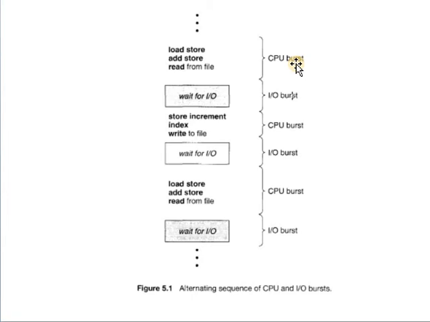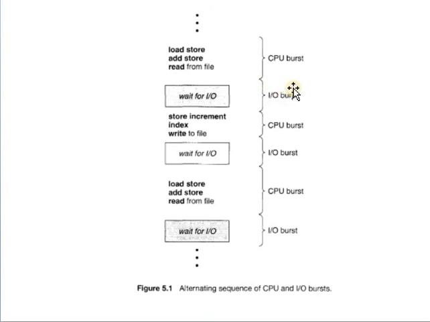That means the concept of gaining control of a CPU is the CPU burst. That means in which slice, in which duration the process gets control over the CPU, that slice, that duration we call a CPU burst. Then what is an I/O burst? Similarly, an I/O burst is the concept of performing an I/O operation. Whenever a process performs any I/O operation, that slice, that duration we call an I/O burst.